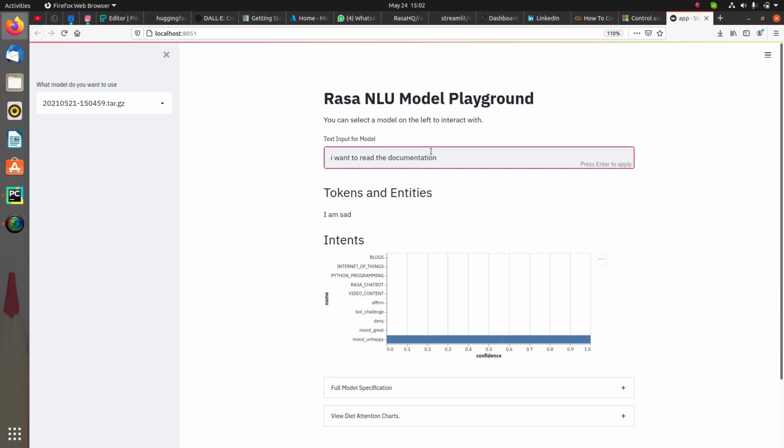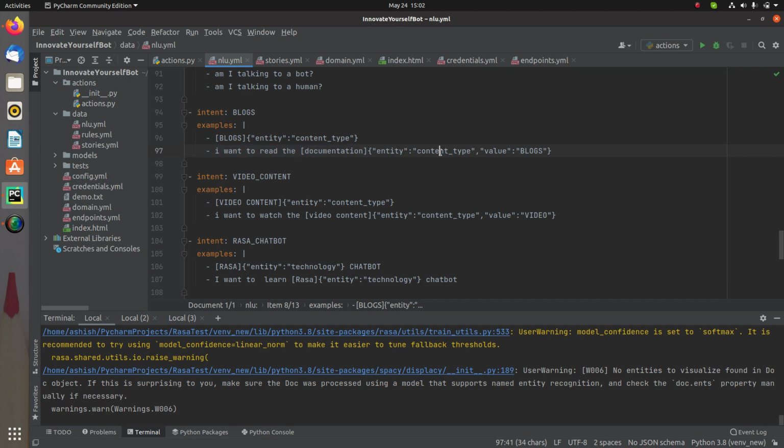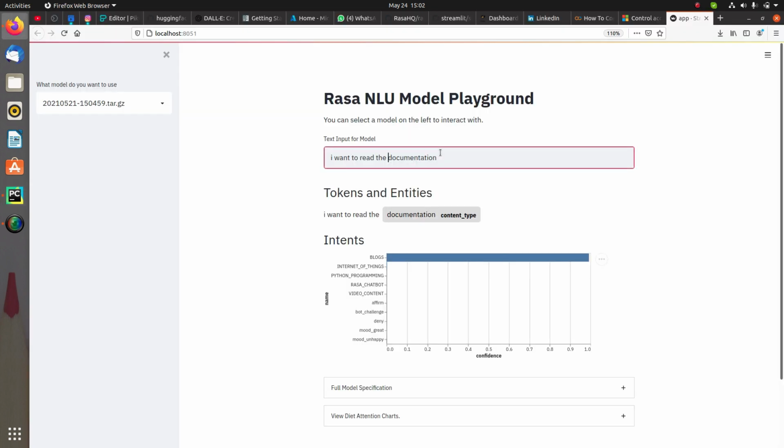Exactly, you can see blog is the intent which has been classified, and content type is the name of the entity which it has extracted. Documentation is the value for the entity named content type.